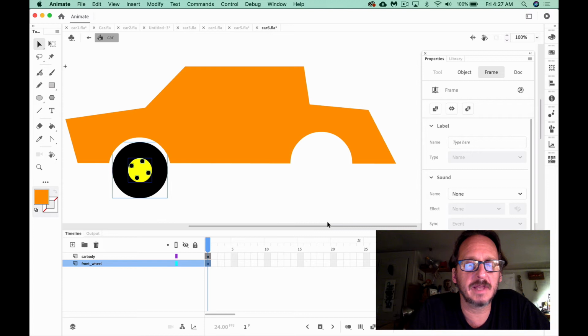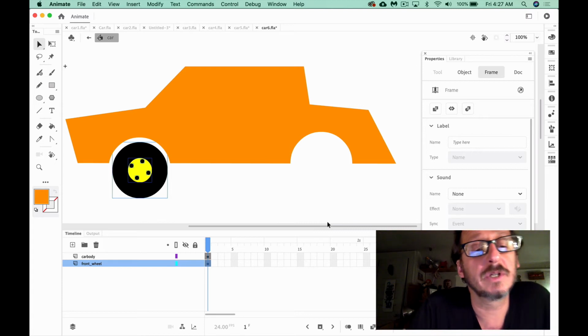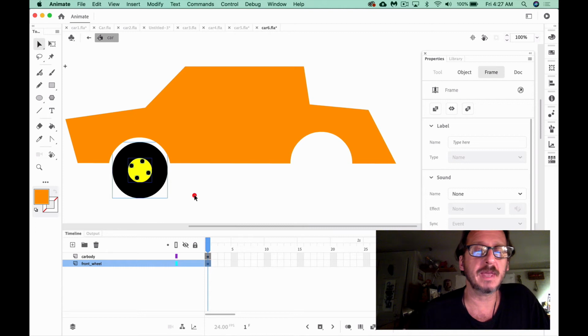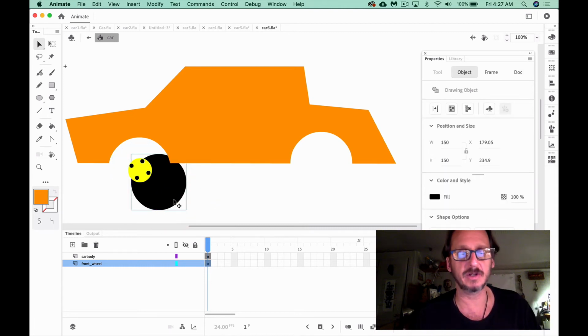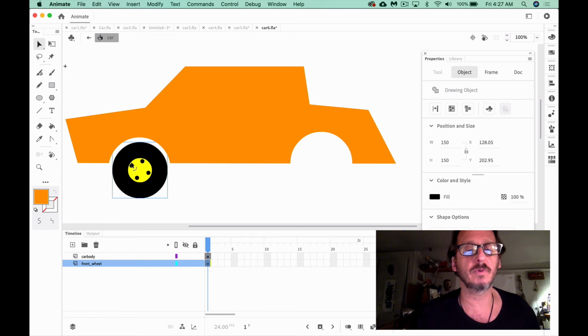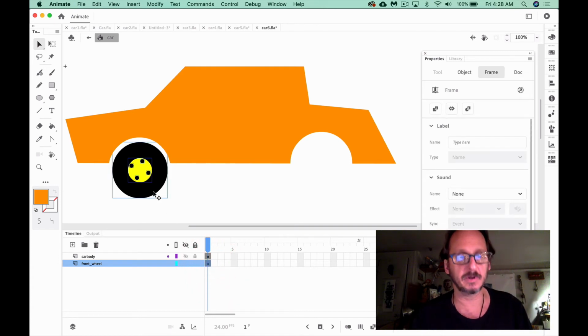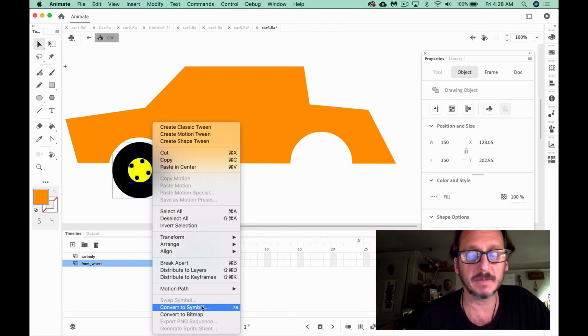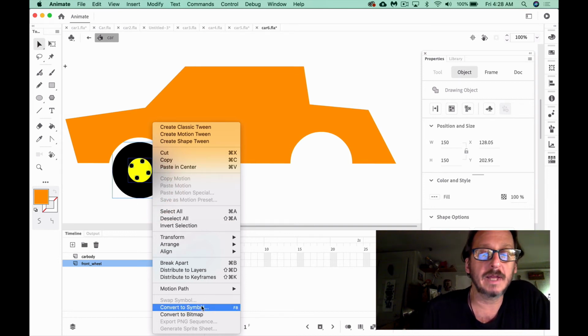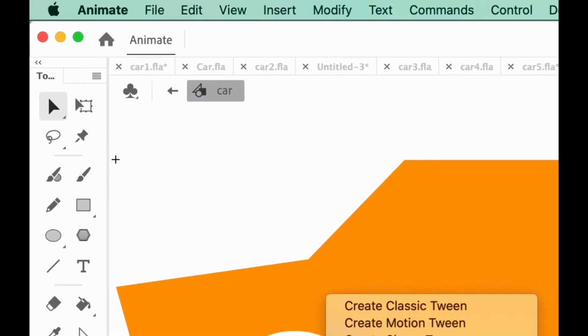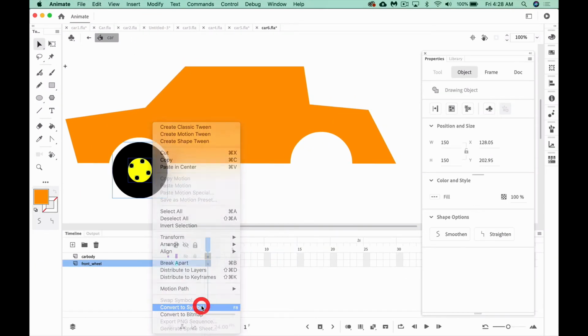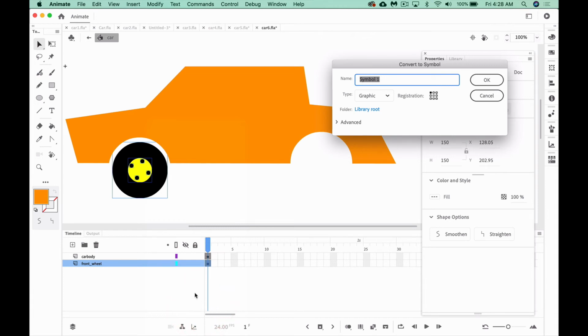Alright, well, the next step is to work with the wheel. So the wheel looks good, but I won't be able to animate it as a unit since it's not joined. Currently it's made out of 4, 5, 6 different parts. So I'm going to click the keyframe. It's an easy way to make sure that I select everything in it. And then I'm going to control click to make it a graphic symbol. Now, I would like to point out that we're already in a graphic symbol. And if you look up in the top left corner, you'll see that it says we're inside of car. We're in the library. So this is the first time we're putting a symbol inside of another symbol.